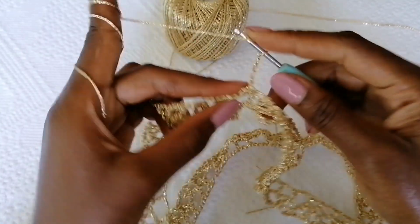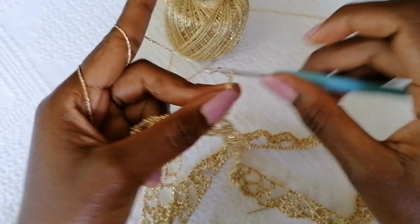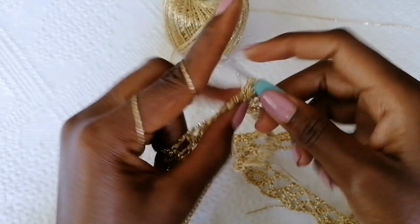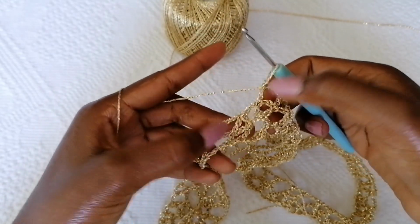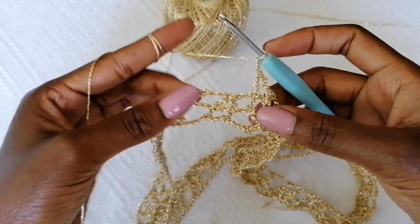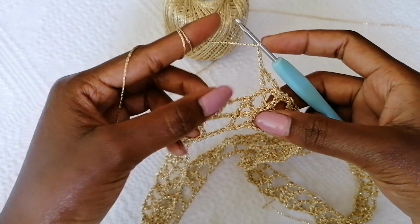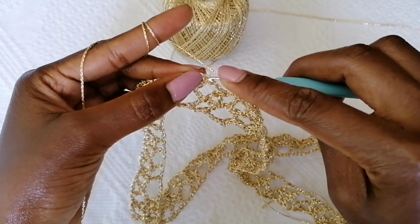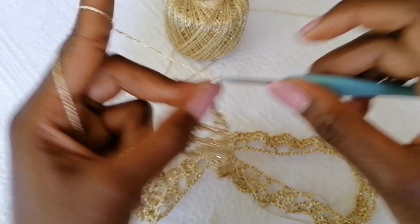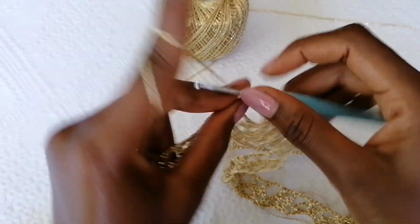So where you have the V stitch, you're going to create a double crochet in the first double crochet, chain 2, and then make a second double crochet over here. So now you have this stitch, chain 5 now, 1, 2, 3, 4, 5, and then you're going to cross over onto the next V stitch, skip this one over here, and then on this V stitch you're going to make the first double crochet, chain 2, and then the second double crochet on the other side like this, chain 5,